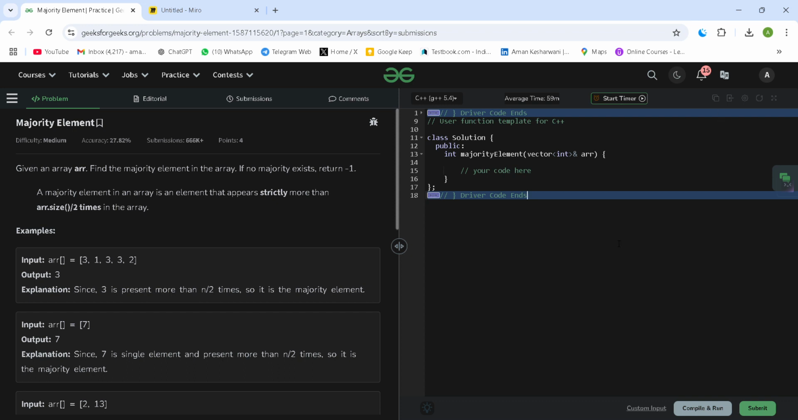Hello friends, today we solve another problem of array, and that is majority element. In the question, given an array, find the majority element in the array. If no majority exists, return -1. A majority element in an array is an element that appears strictly more than array.size divided by 2